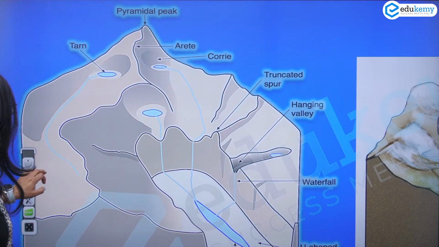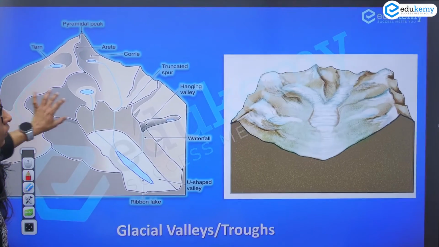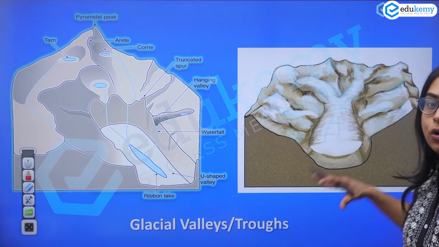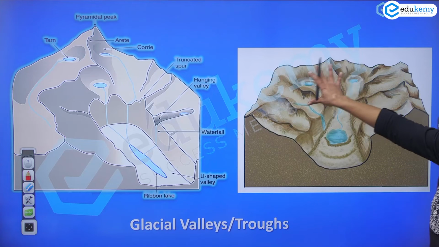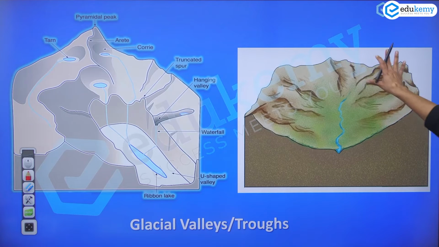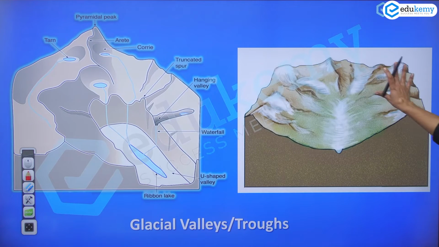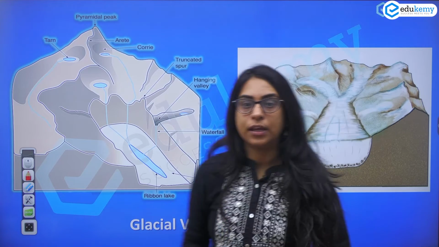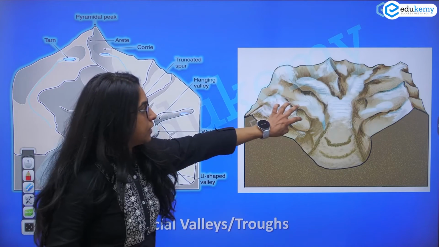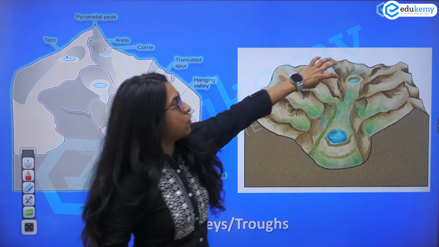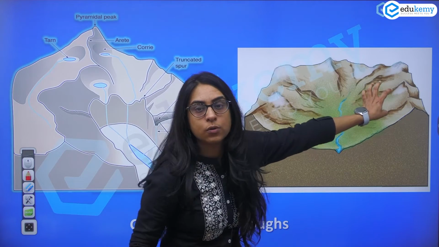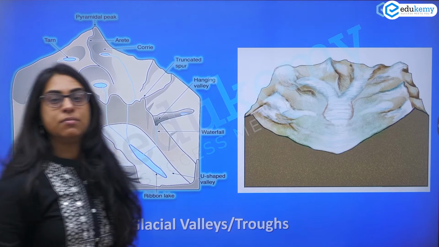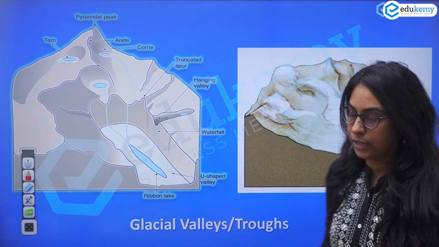That will look like this. Can you see the mountainous landscape full of ice? This is the mountainous landscape which is full of ice. Now what is happening? From here you are getting ice, from here you are getting ice, from here you are getting ice. So this is the mountainous landscape full of ice.